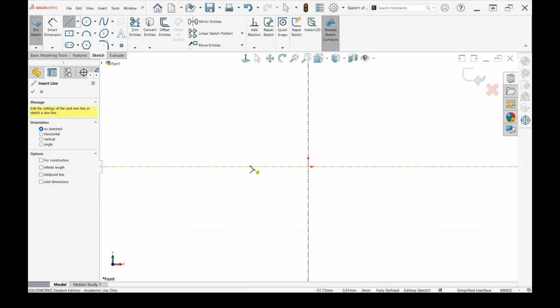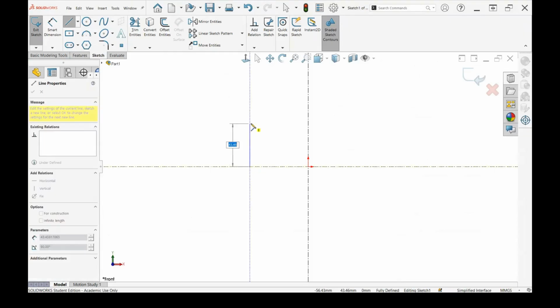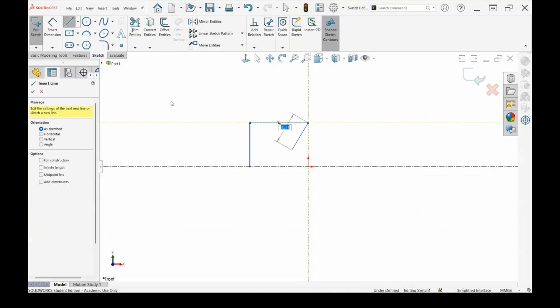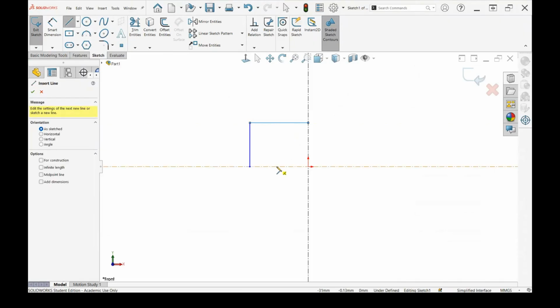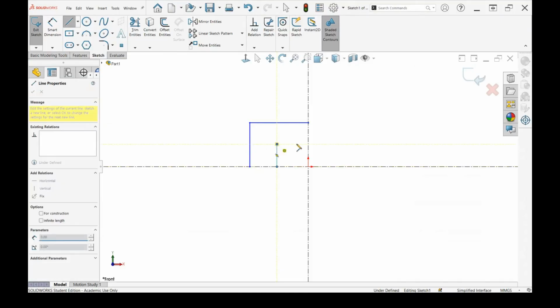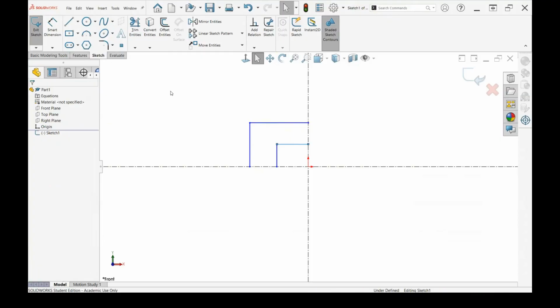And then I'm going to come in and select a point on that line and make sure it goes vertically and make sure it goes horizontally. But you can see I didn't care too much about making sure the dimensions were correct, yet at least. And then I'm going to select another line and select it down on the bottom. And again, doing a kind of L shape.